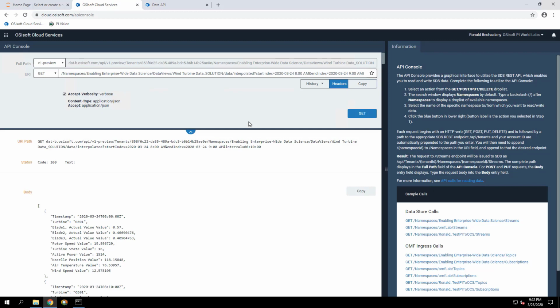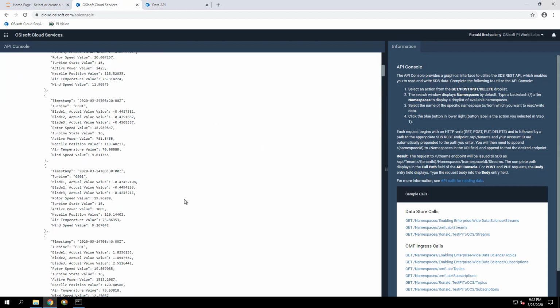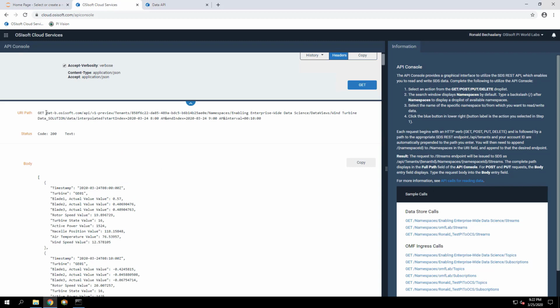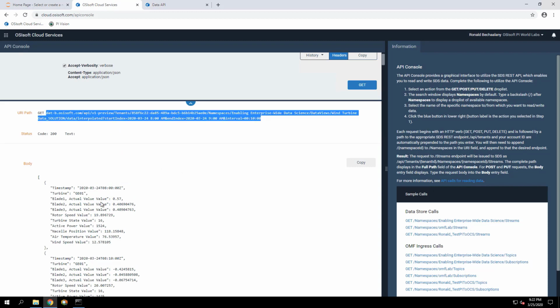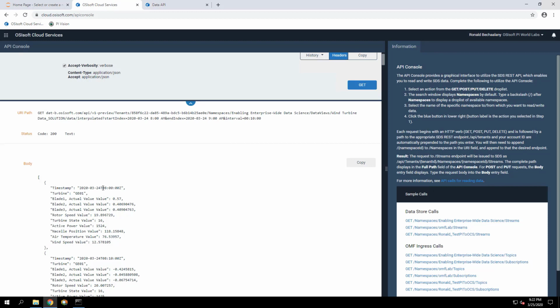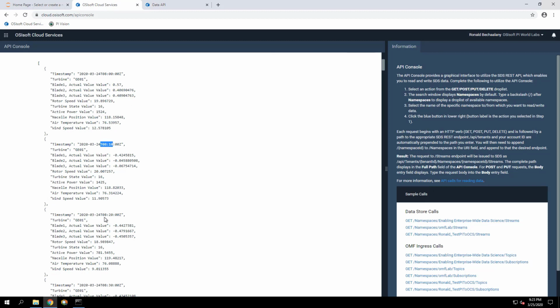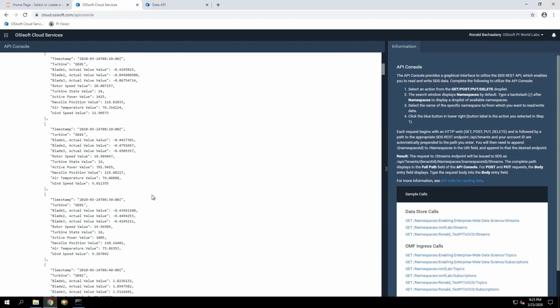You can see the data being returned here by the data view. Again, this is just a test of how you can call the data view. Now you can get the full URL you can use in your script to call that data view. And you can see some sample results over here. Again, you're going to see the results every 10 minutes. So this is at 8 a.m., this is at 8:10 a.m., 8:20, and so on. So it already returned interpolated data.